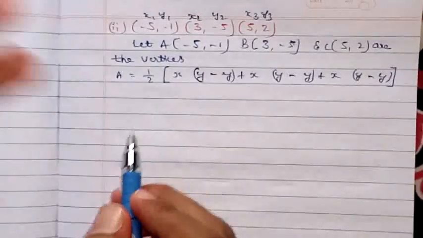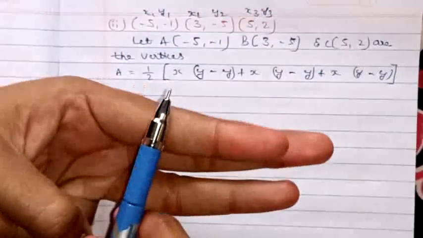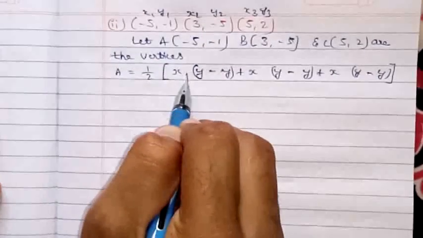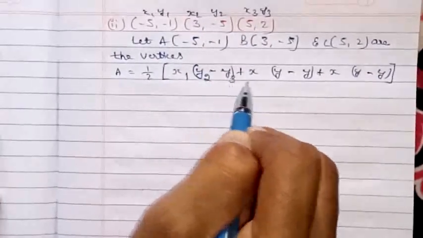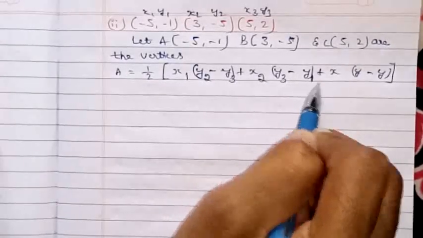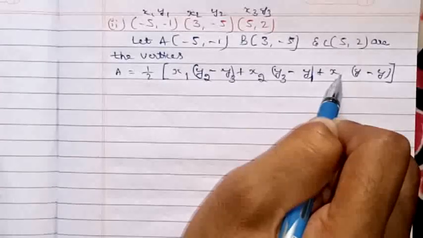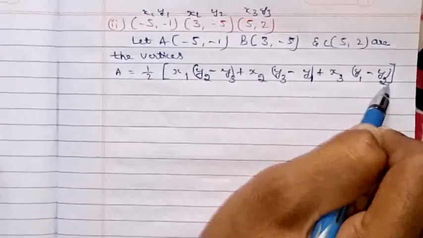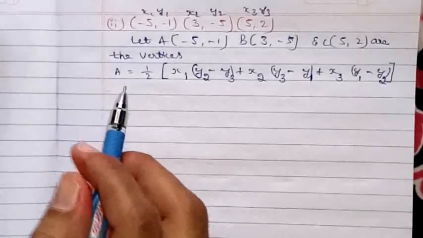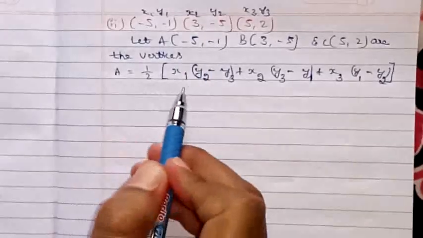Now just write down the numbers like that: 1 2 3 first, afterwards 2 3 1, afterwards 3 1 2. Clear, children? Write down the first one as 1 2 3, afterwards 2 3 1, okay, and here 3 1 2. Clear, children? So this is how to remember the formula, right? Now you have the values, so just apply the values to the formula.